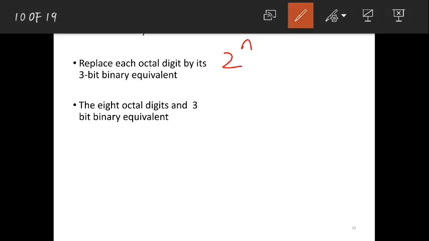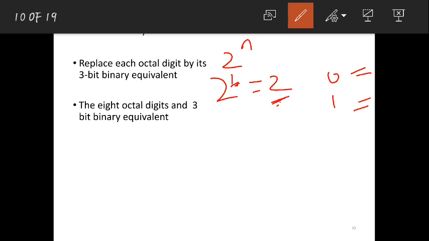Say n is the number of bits. If I say 2 to the power of 1, the answer I'll get is 2. Is that fine? So 2 to the power of 1 is equal to 2. Here 1 is the number of bits, and 2 is the total count of numbers I get to write. So with 1 bit I can write 0 and 1. 0 is 1 bit, 1 is 1 bit.